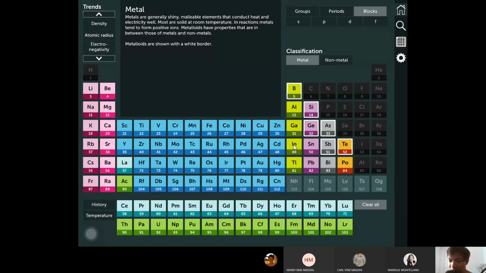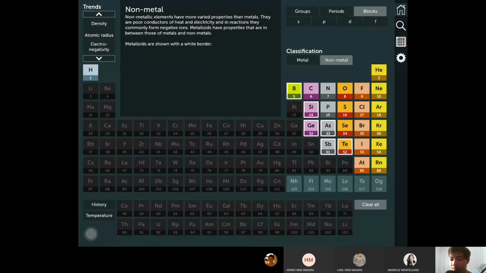Bakit kailangan ng metalloids? Ba't kailangan ng semi-metals? Kasi ganito. Remember, your metals, ang tendency nila is mamigay lang ng electron. So, anong implication nun? Mangalawang sila. Mabilis sila mangalawang. Yung non-metals naman, ayaw nila mamigay ng electrons. So, ano yun naman implication nun? Ayaw nila